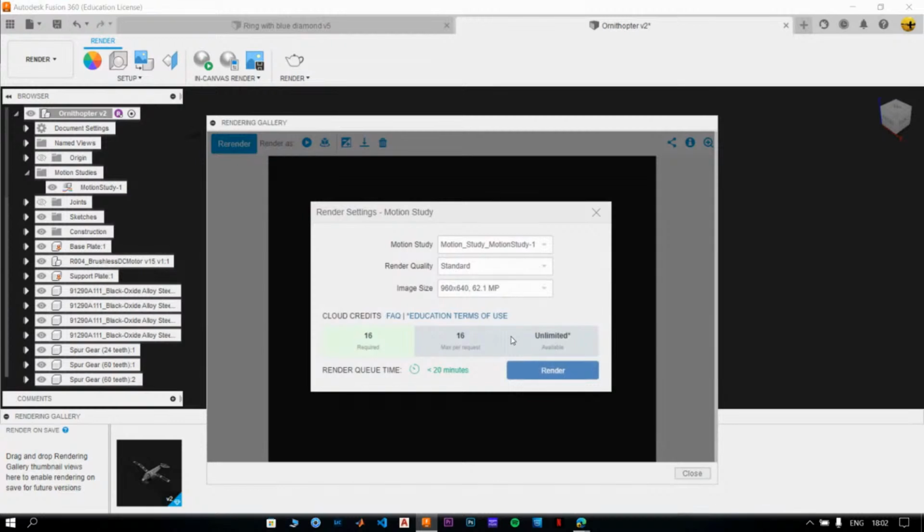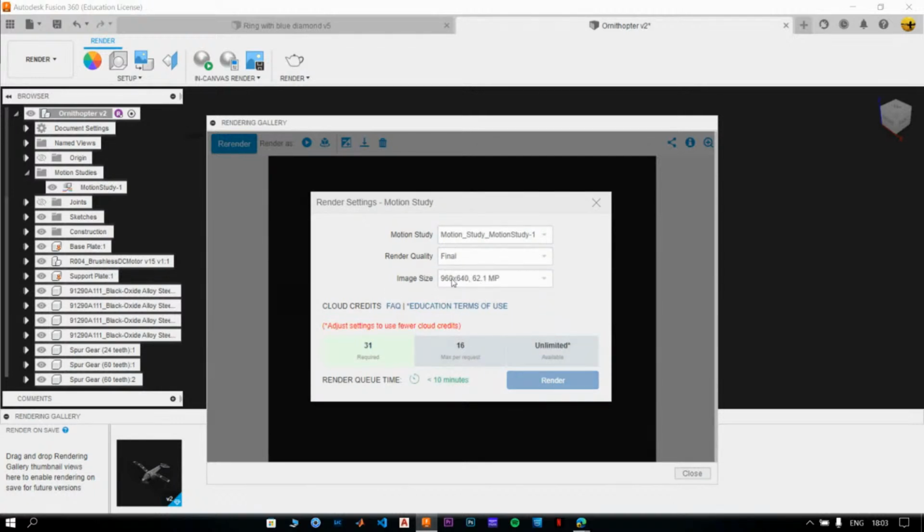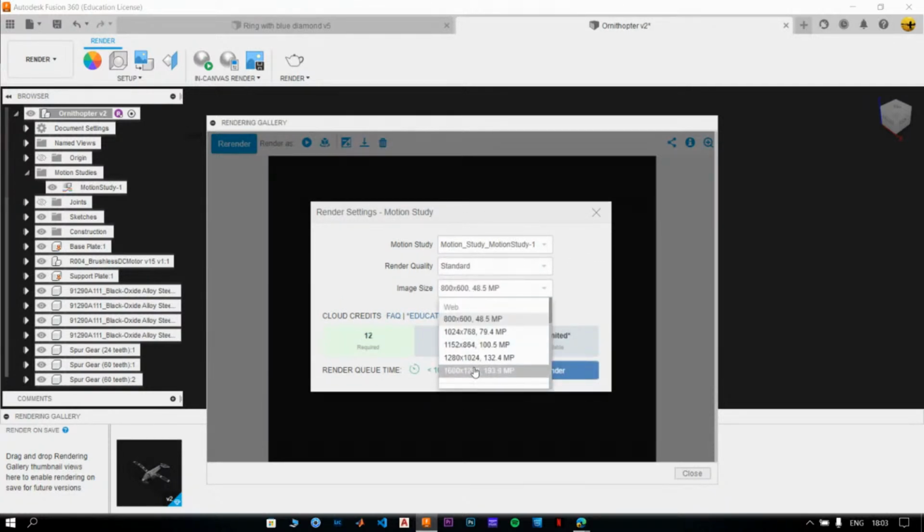Maybe 62 megapixels. Yeah, so 62 megapixels fits in the category. Render quality is standard. We want it to be final. Okay, so if we make it final, then again the required cloud credits increase. So let's try with 48 megapixels. Again, in that case, it is a lot. So let's stick with standard render quality and